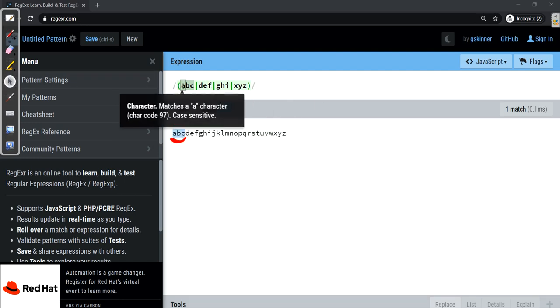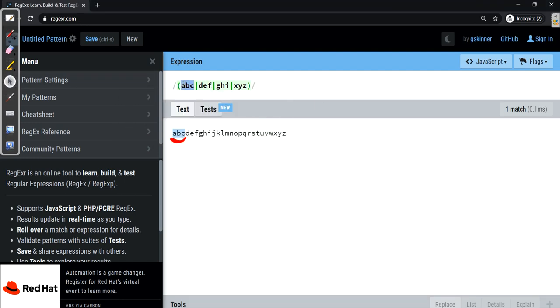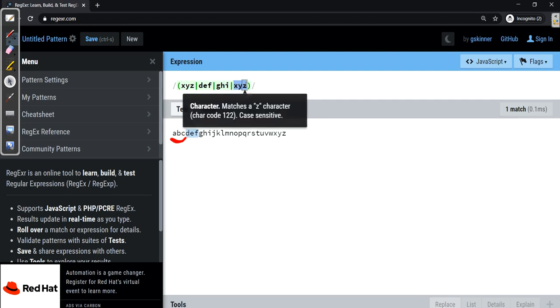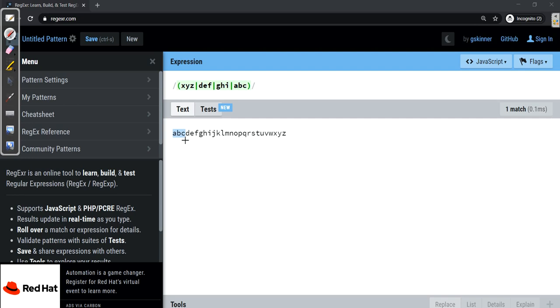Now instead of ABC, if I write XYZ, and in the last I write ABC, notice this. It started with the first part of the string, which is ABC, and looked for something that matched there. It did not scan throughout to the end. It just looked for whether ABC is matching from the regular expression or not.